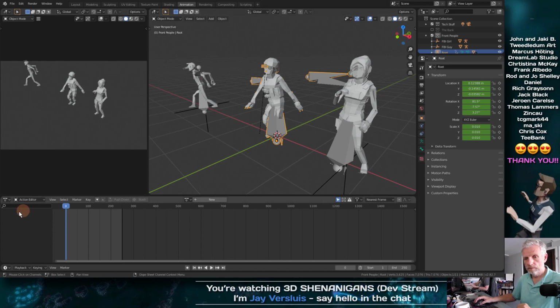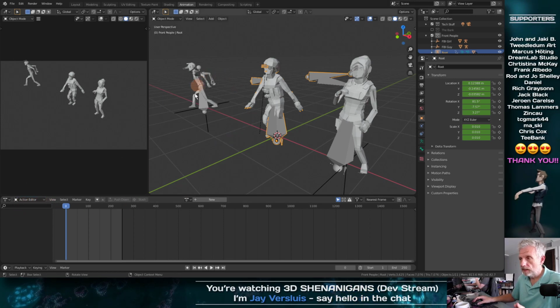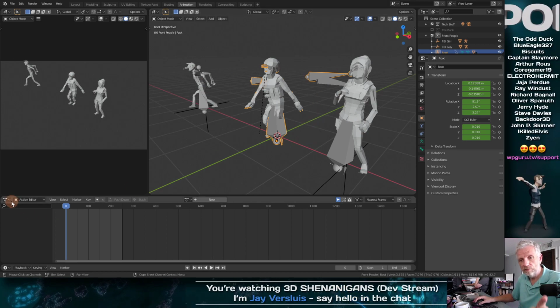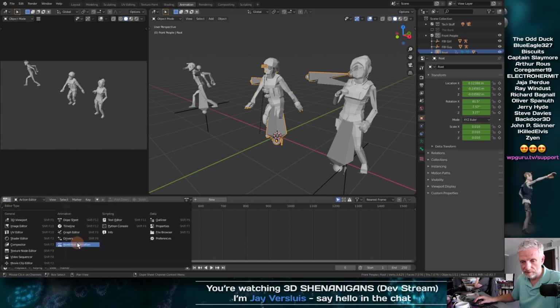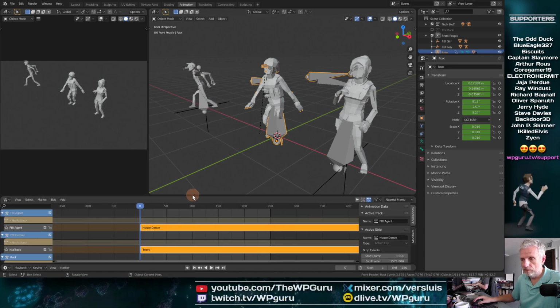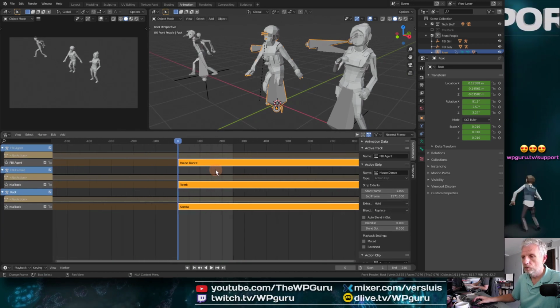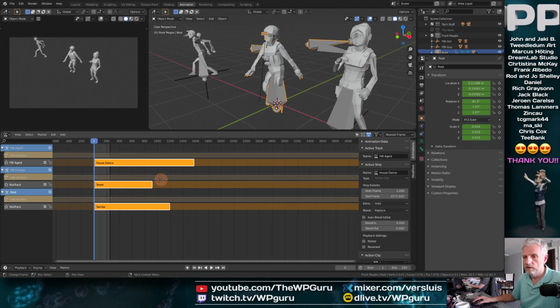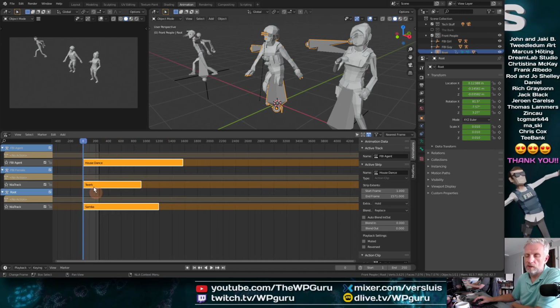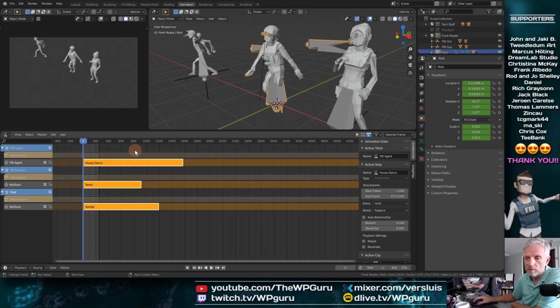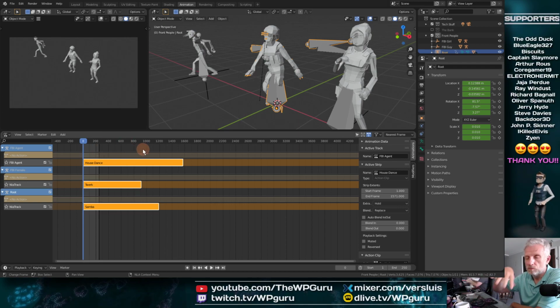Cool. That's that. So next time, if we wanted to loop these animations, then we have to go into the NLA editor here, and then we can do all kinds of stuff with looping these tracks because they're all individual lengths, and we may not even see the guys anymore by the time we move into the bank.